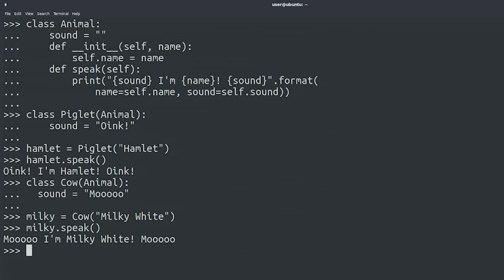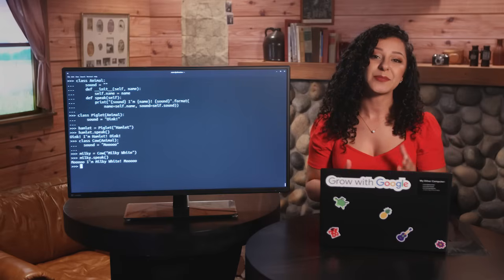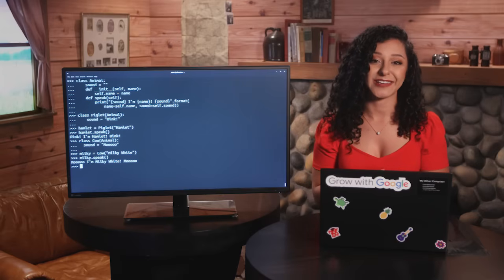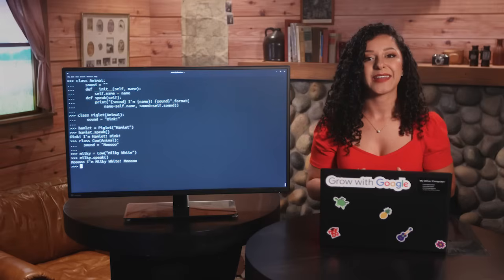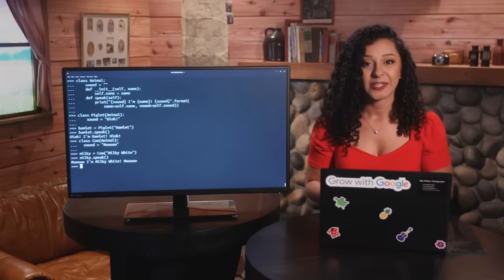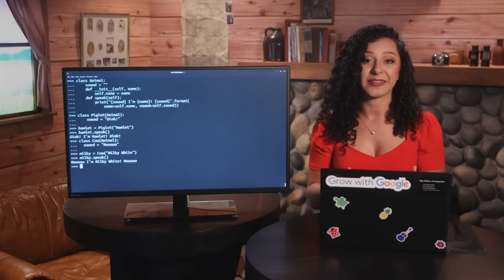So you can see that we can easily define new classes that inherit from the base animal class and use both the attributes and methods that the animal class provides. Pretty cool, right? Let's think of a different example, something closer to what you might be doing at your day-to-day job. In a system that handles the employees at your company, you may have a class called employee, which could